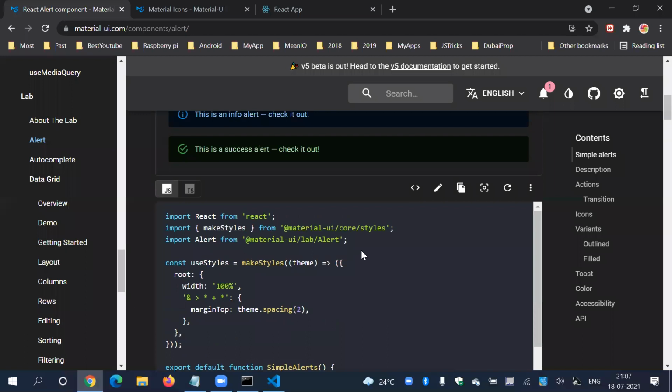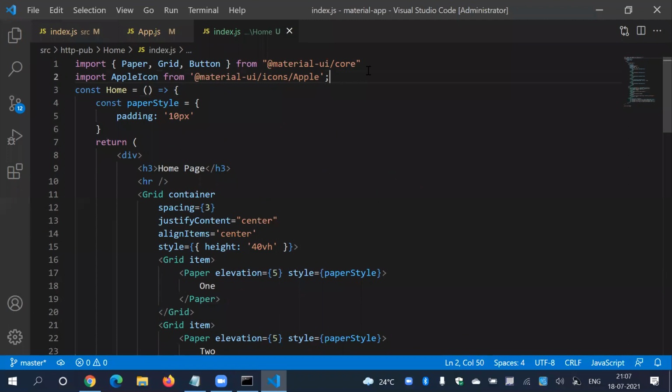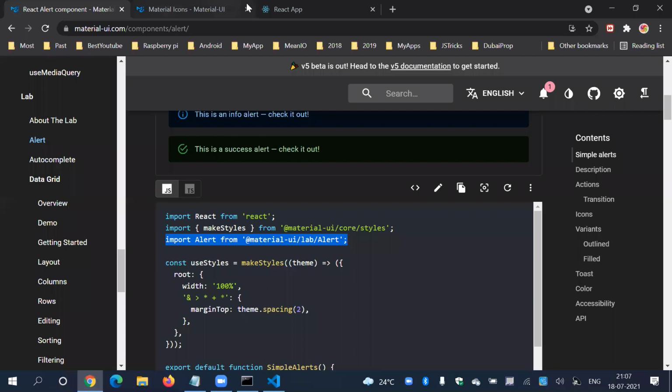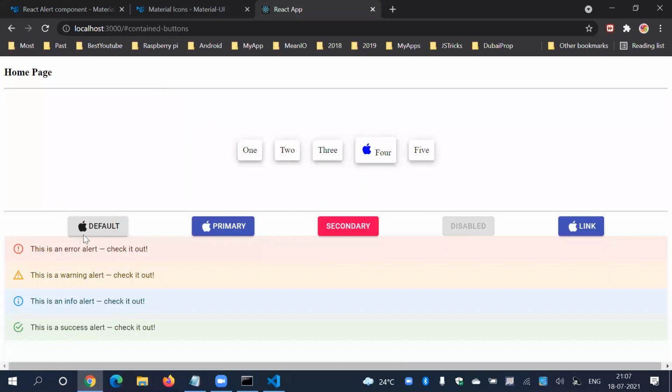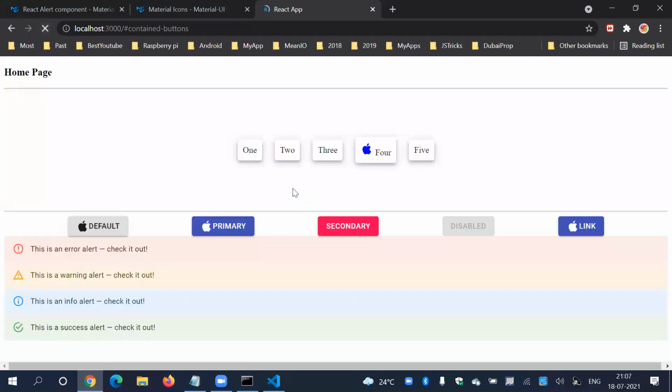I just have to use this alert line from here into our page. After this, anywhere, wherever you want, and that's it. Here is alert. First alert, second, refresh it. No problem. Here are our alerts 1, 2, 3, 4. So error, warnings, primary, success.